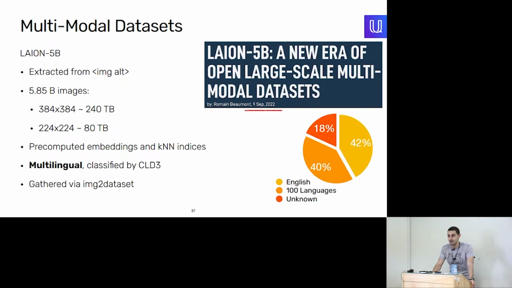This data set has 5 billion entries with 384 by 384 resolution. This data set forms a 240 terabyte dump of just images alone. But it's not every network-attached storage system that would have the capacity to store all of this, let alone a commodity computer. Great part, it's multilingual, yet not as multilingual as a fair setup would suggest. Just like with Common Crawl, about half of the data set is English only. Another 100 languages form maybe about 40% of the data set. And the languages are annotated by CLD3. So this part is a bit tricky.